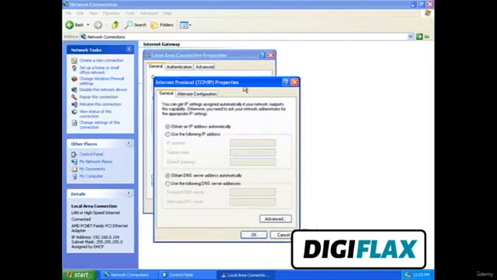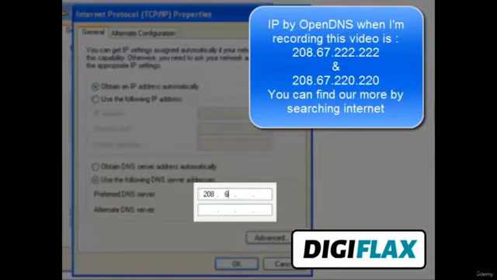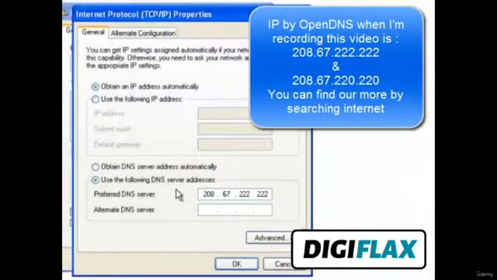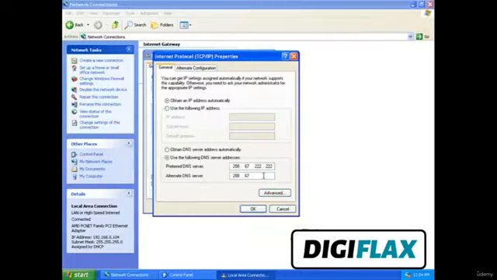Here you will find the option, use the following DNS server addresses. Click on this option. The preferred DNS server and alternate DNS server options will open up. Write down 208.67.222.222. In the alternate address, write 208.67.220.220.